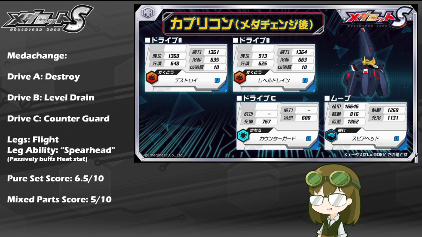As a mixed parts, on the other hand, I do have to rate her about a 5 out of 10, given that even though Stat Cleanse and her legs are actually decently solid, Effect Clear unfortunately is somewhat niche, even in current meta where even debuffs or even Effect Clear can be made very useful. And Stat Cleanse, of course, always wonderful no matter what, that speaks for itself,